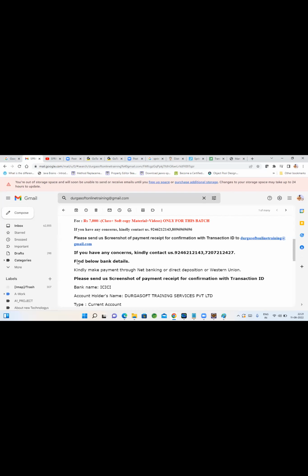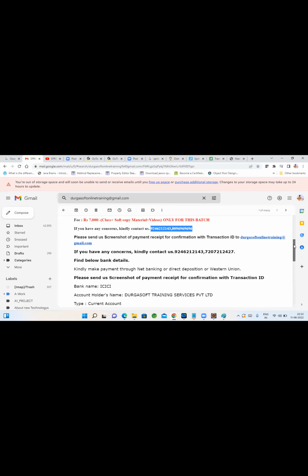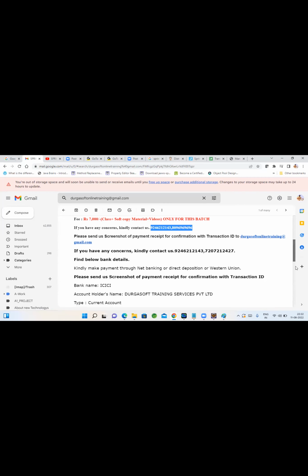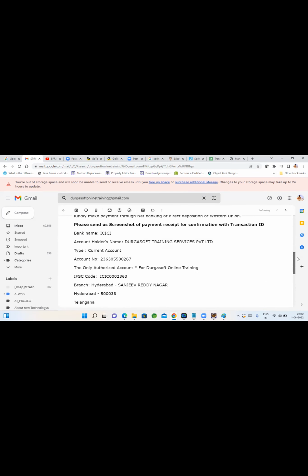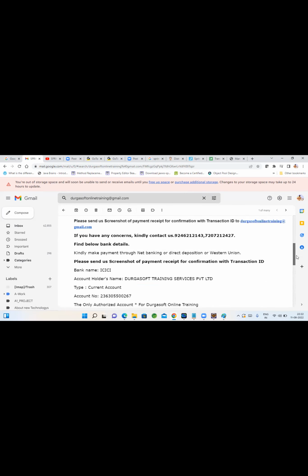Okay, so here you can see their details in the email which you get, right? The latest email, if you open there, you can see their contact numbers, multiple numbers they have shared. You can call these numbers, and the Google Pay numbers. Even if you see any trouble reaching out to them, directly do the Google Pay or Phone Pay to this number and send the screenshots to me, so that I'll share your email address with them to get the regular link. Anything will work.